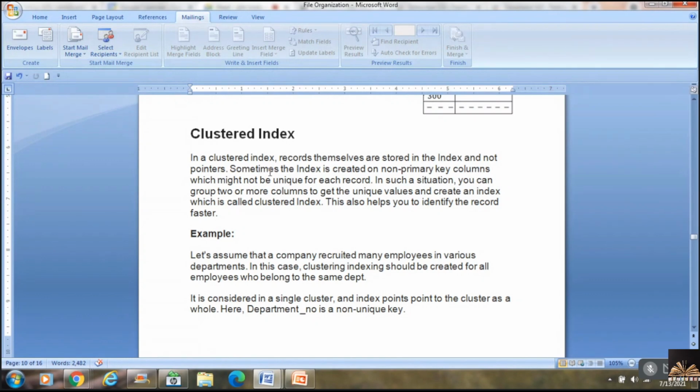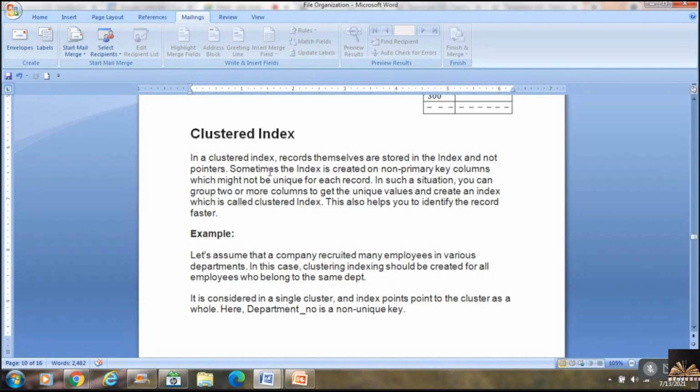And it is sometimes created on non-primary key columns, which might not be unique for each record. So whenever you are working in a situation where you do not have the concept of a primary key, you can use the concept of a clustered index.